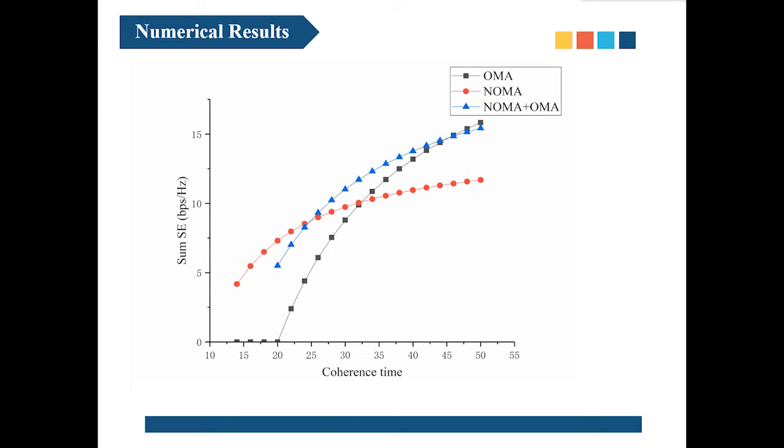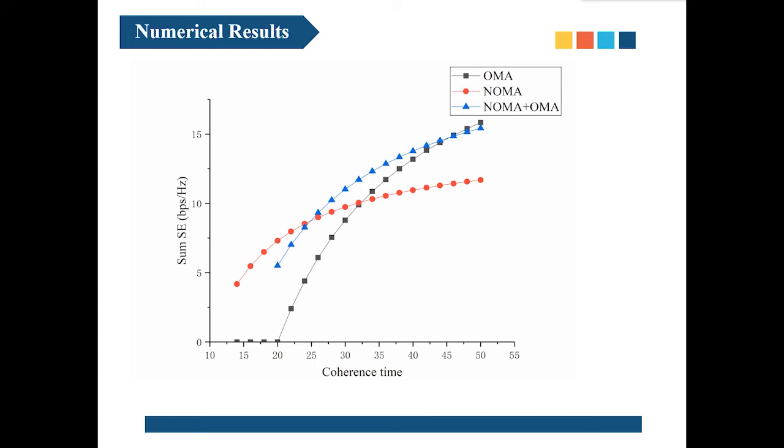Using OMA and NOMA at the same time in the cell-free massive MIMO is able to obtain higher SE than using OMA or NOMA alone under certain number of users and the length of the channel's coherence time conditions. The advantage of OMA is that there is no interference caused by the users in the same cluster and imperfect SIC. Therefore, the sum rate of OMA is higher than NOMA.